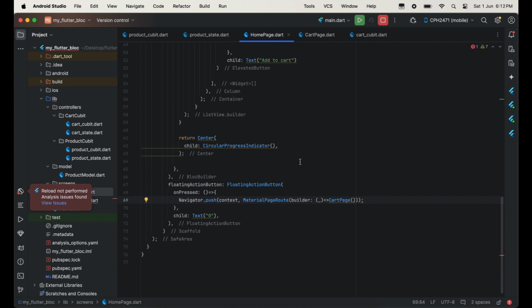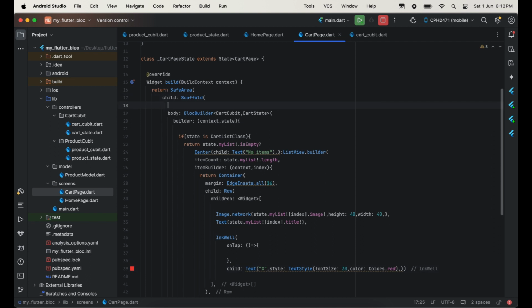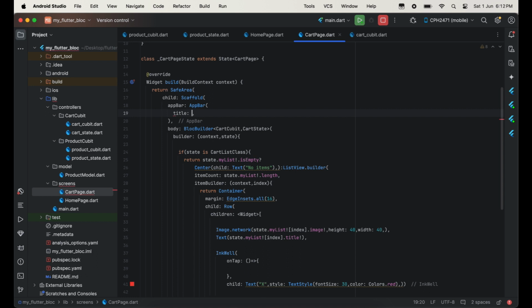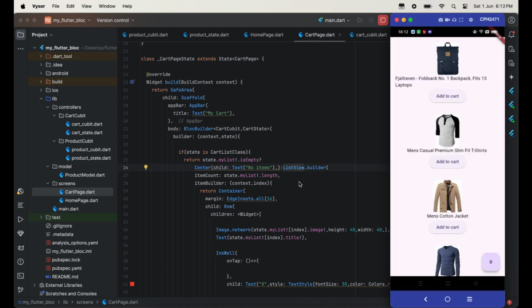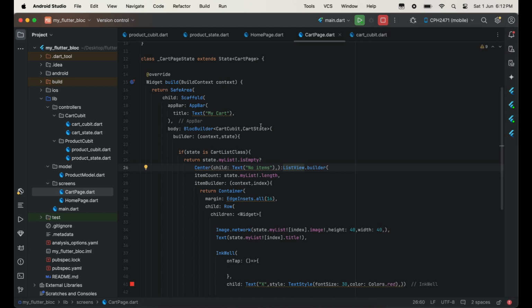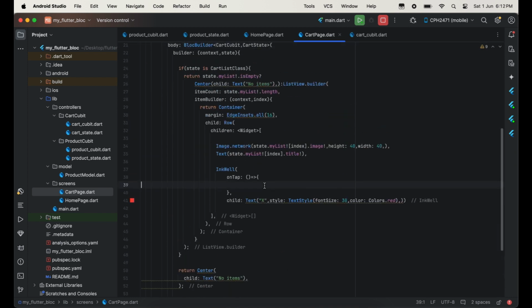So in the home page we have a floating button, and when we hit that floating button, then we will navigate to the cart page, and in the cart page we are using AppBar and then title, and in the title we are using Cart Page. So we will get the back button also with the title. So this is the home page, and at the right bottom you can see the floating button. When I am hitting this, then I am navigating to my cart page. Okay, and in the cart page we have a back button and title Cart,